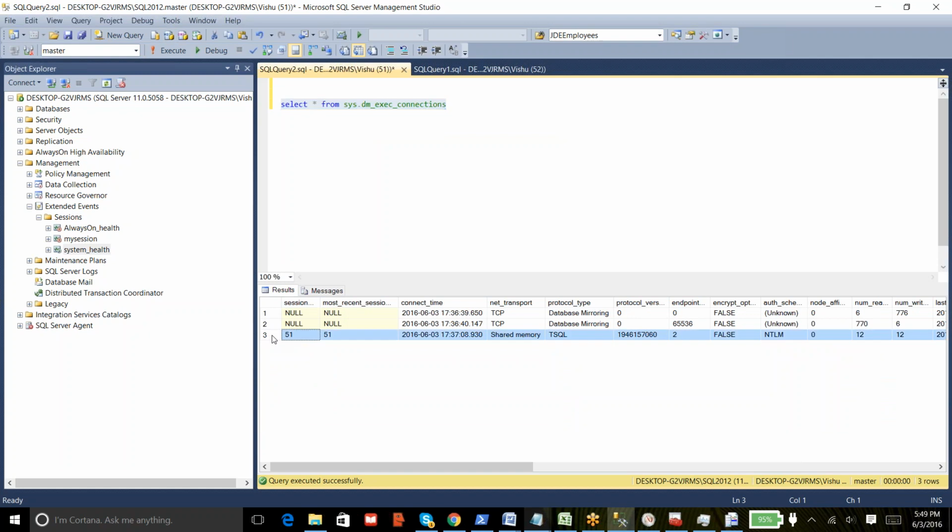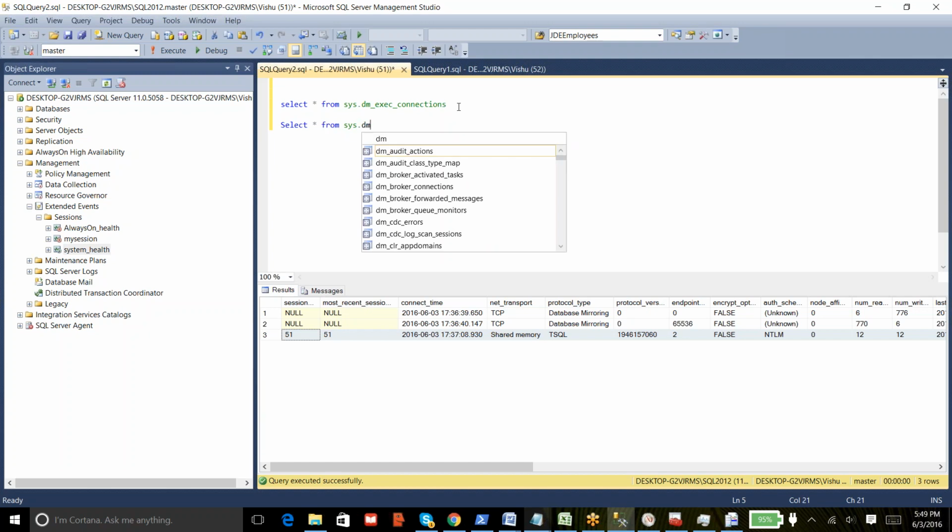and it shows you this is the only active connection currently running, and this active connection is the same query that I'm running now. This is the only connection established to my SQL 2012 instance. And there are quite a few DMVs. You need to remember these DMVs, at least for interview purposes, because for the interviewer it's an open-ended question like, can you tell me what all the DMVs you use in your day-to-day work? So at least you should be in a position to tell these